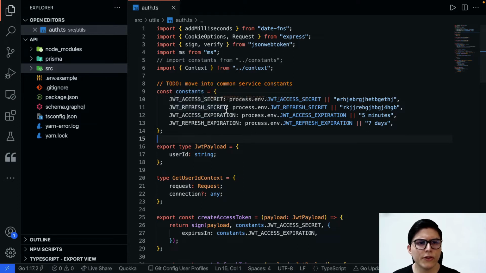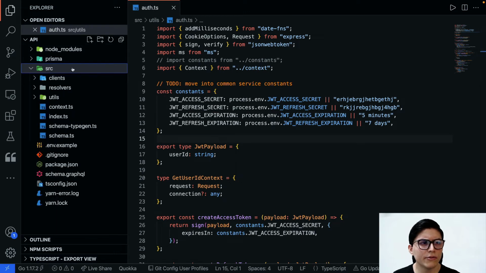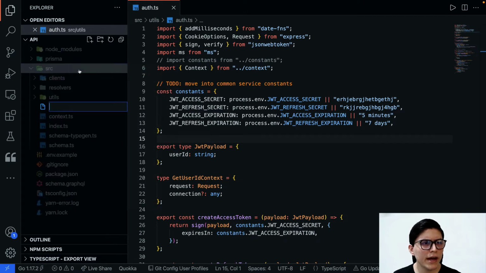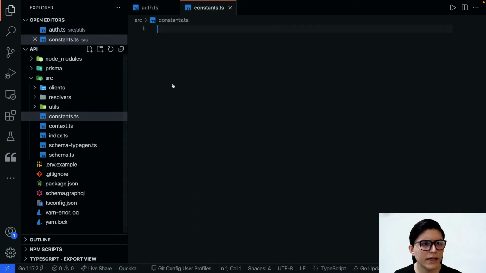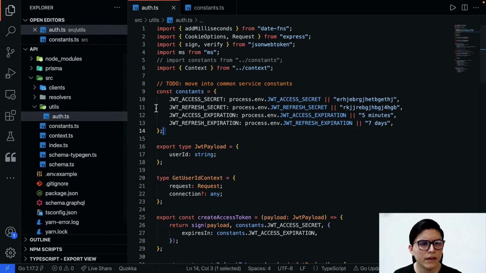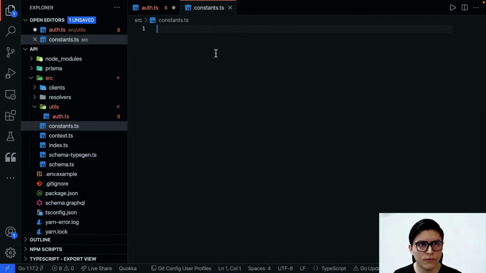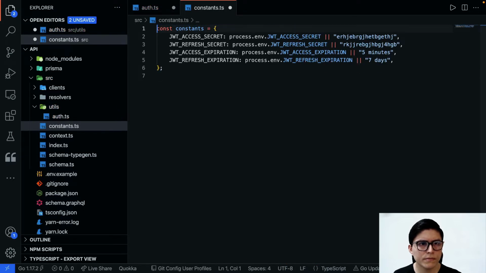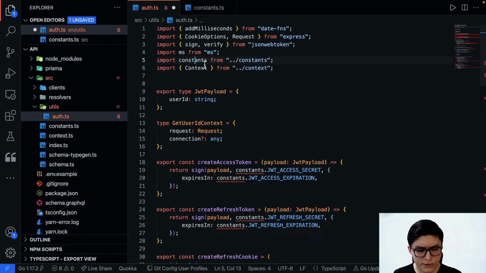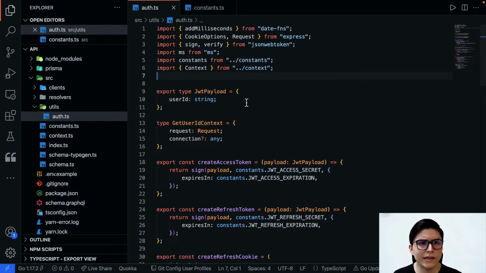The first thing you're going to see in here is the constants declaration. So you may want to isolate that so that future utils of our project have access to the configuration. Create the constants.ts file, and we can move this into there. Export default constants. And afterwards, we just uncomment this line.